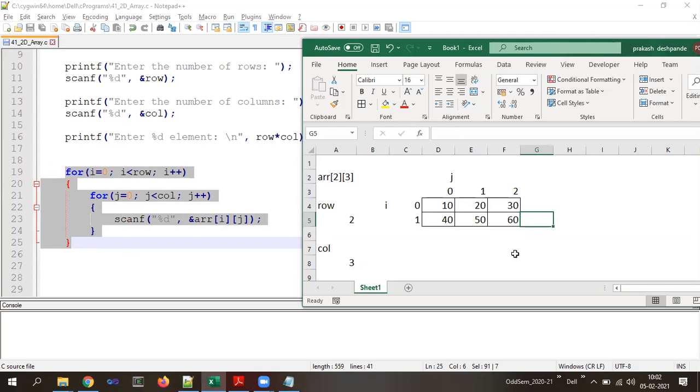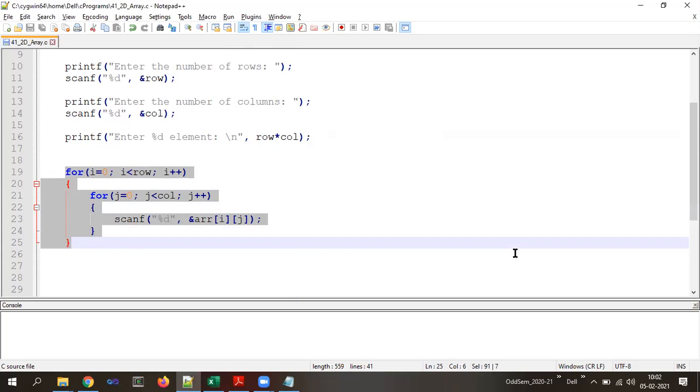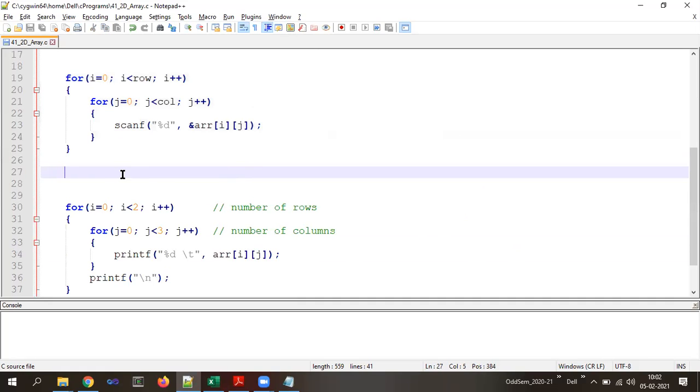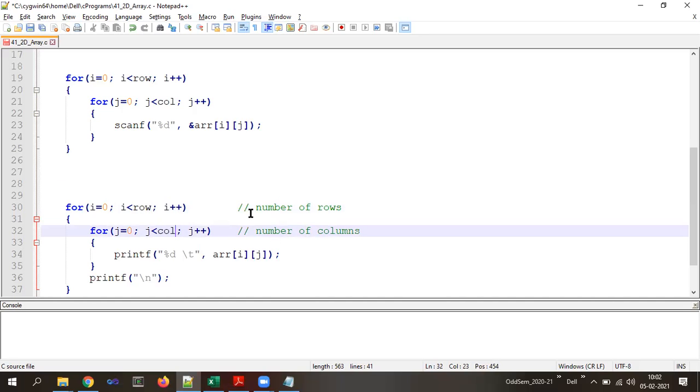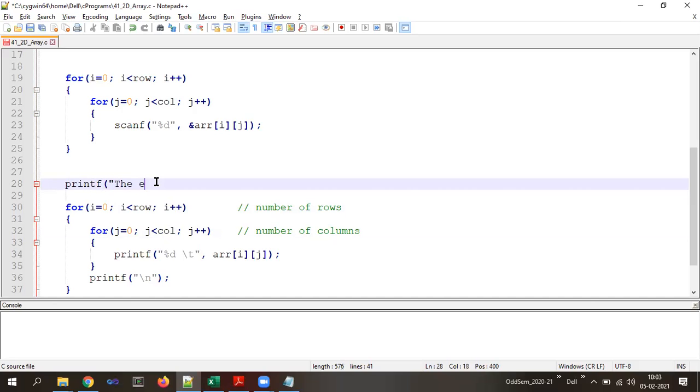Followed? Yes? If you look into the printf statement, we do also have the same thing here. Earlier it was what? We had taken 2 and 3 as hard-coded values. Now here we will just simply change it to be row, and here it will be column. That's it. Okay. Here I can mention one statement like printf. Okay. The array elements are